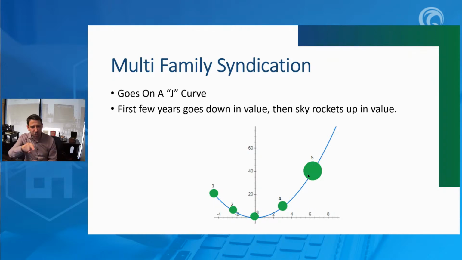Now, when I'm looking at this J curve chart, I want to do a Roth conversion. I'm going to take that same $100,000. Remember, I invested in year one. So if I do a Roth conversion in year one, $100,000 is added to me as income. That's what I owe. Now, that's okay because moving forward, everything's tax-free. But notice if I did a Roth conversion in year two, that means that same amount now is only worth $85,000. By year three, in this example, it is worth about $70,000. So if I want to do a Roth conversion, and this holds true for almost any syndication, this is what you should be looking for.